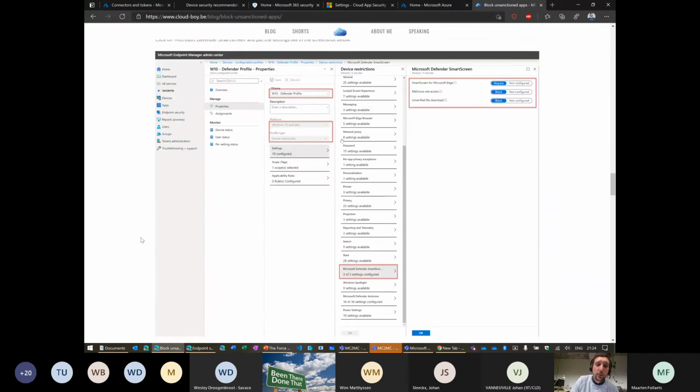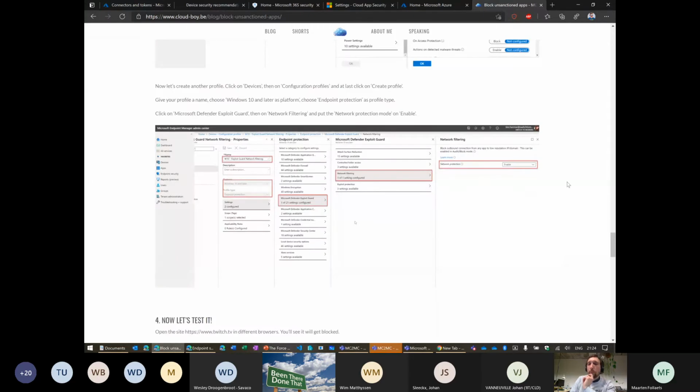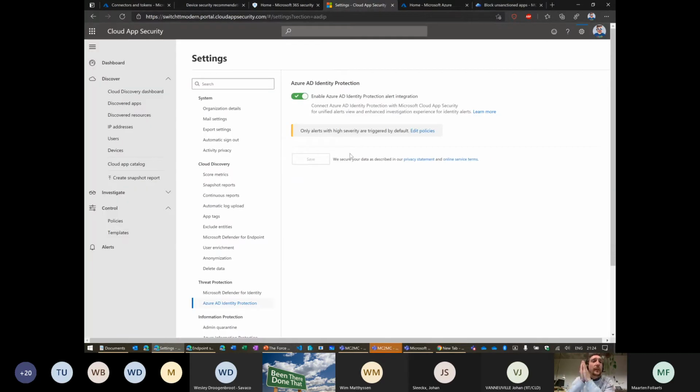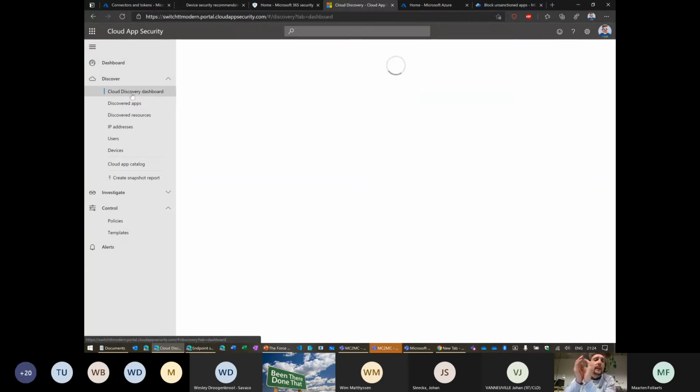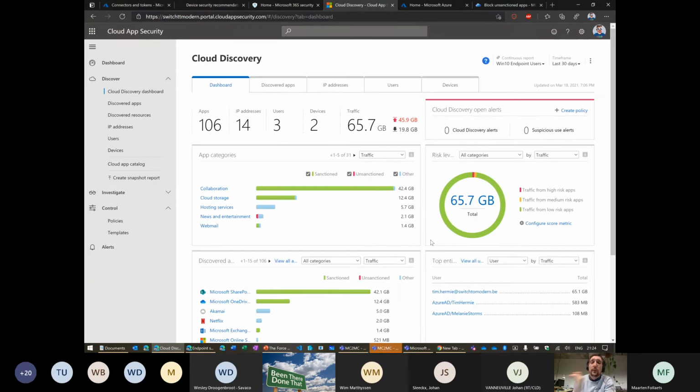We want SmartScreen to work, but the most important one here is that we want cloud protection, send data, and our network protection has to be on. But you can read the blog on your own time at a chill level. Let's dive back here. What is MCAS, or what can we do with MCAS? First of all, we have the Cloud Discovery dashboard, where you can see a whole lot of information in one dashboard.